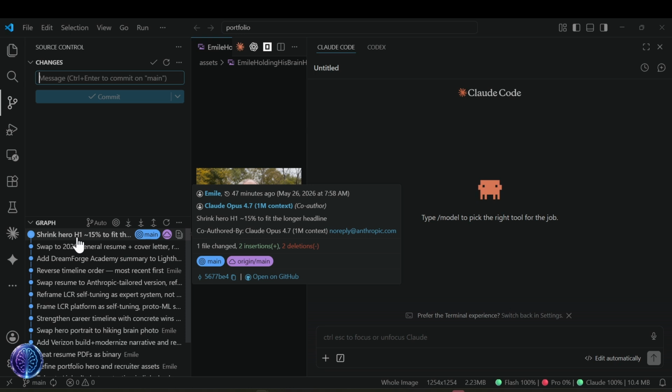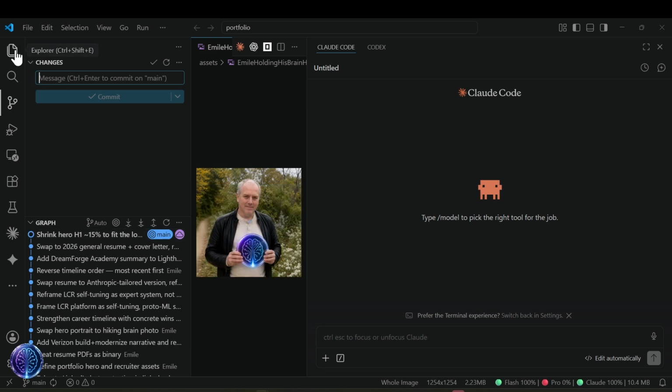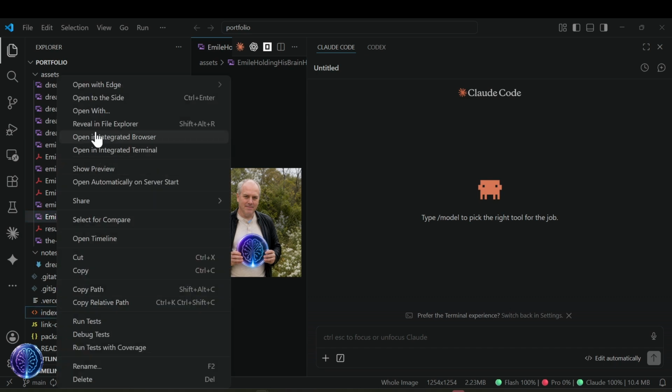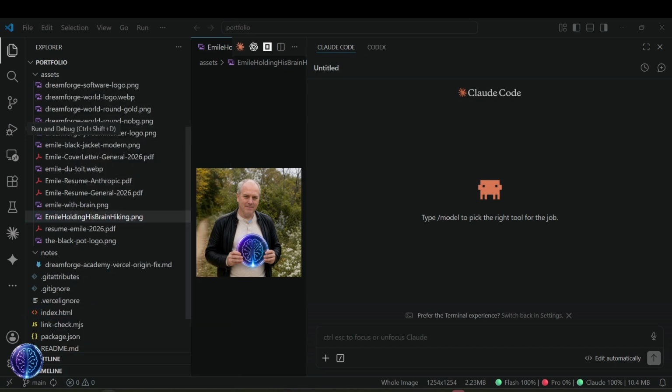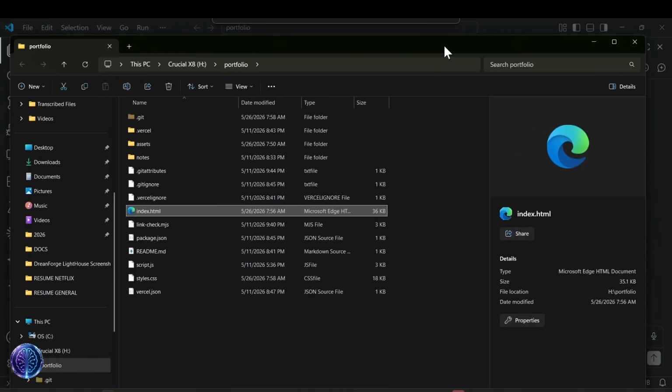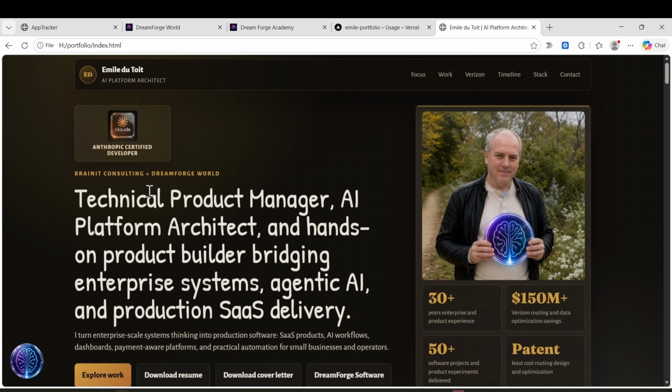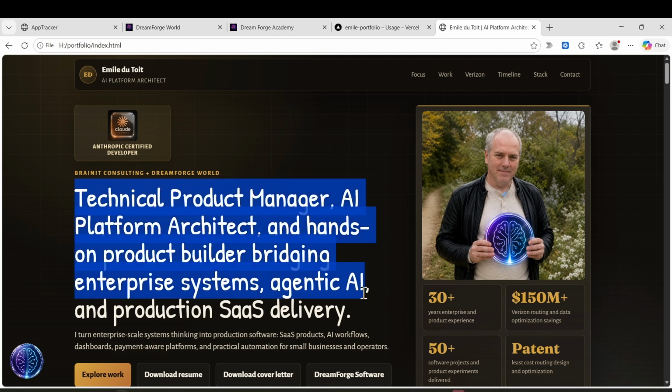Now, in my case, this is a static page. So if I go over here and I find the index.html and I right click, I reveal in Explorer, I'll bring it over here and I double click it, you can now see that that small change of this text over here has been applied locally.